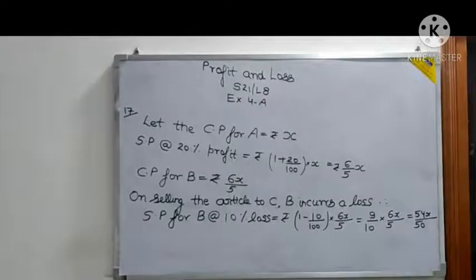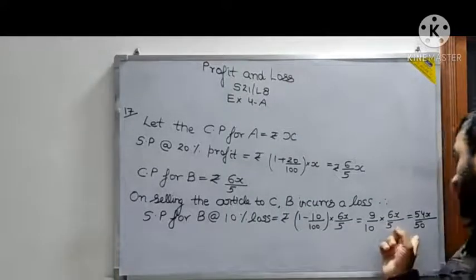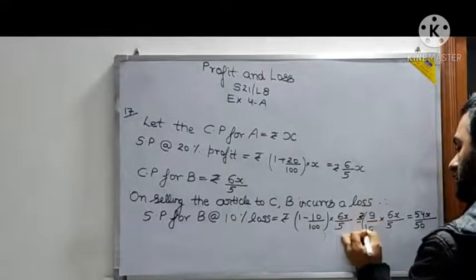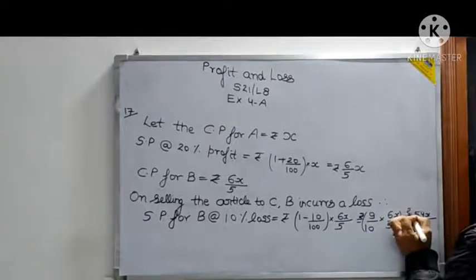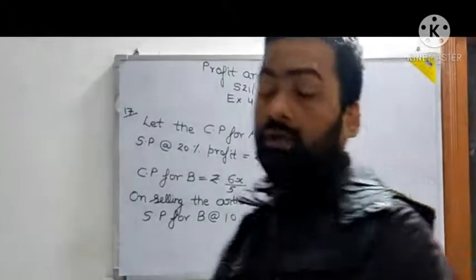Now, at what price is B selling and who is purchasing from B? C is purchasing. So from B, C has purchased it. Since C has purchased it, and see something is given also, A had sold. And who is paying? C. That means this SP, that is rupees 54x by 50. Don't forget the rupee symbol. I expect that you remember to put a rupee symbol or unit wherever required.